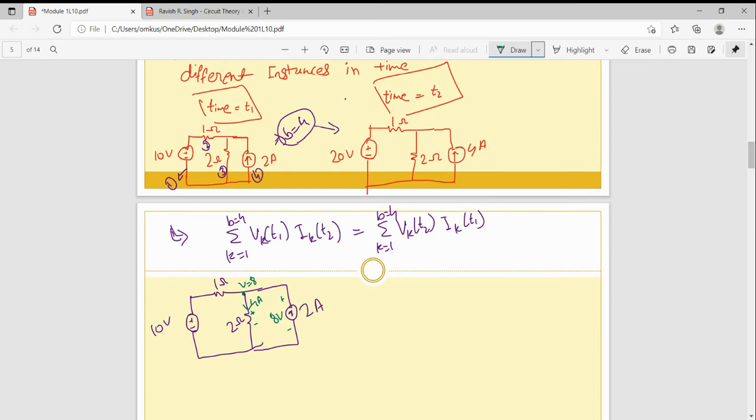Okay, see here. Now see, the potential difference across these two is 10 volt and 8 volt. So the higher potential is 10 volt. The current flowing in this branch with 1 ohm resistance is 10 minus 8, that is 2 volt, divided by 1 ohm. So the current flowing in this branch is 2 ampere. So this potential is 2 volt. Okay, for this circuit we are finding this value. For the second circuit, see, this is for T1.